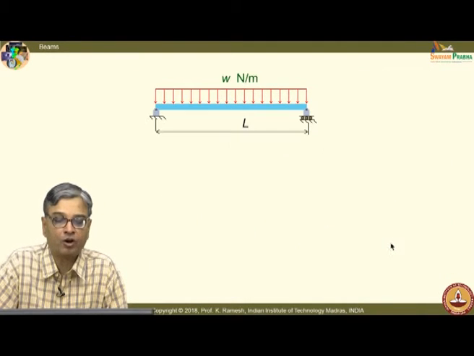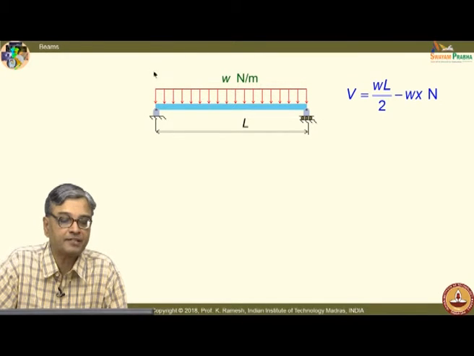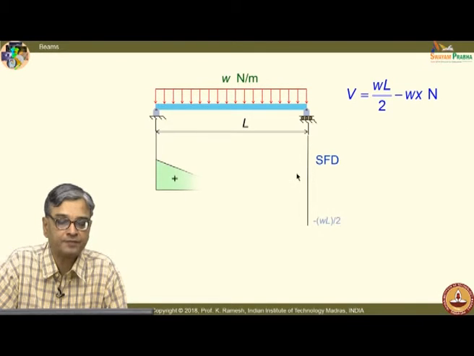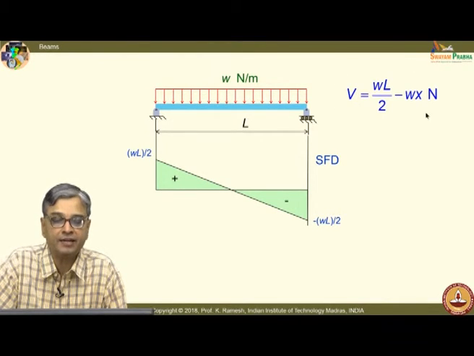Let me go and plot the shear force and bending moment diagram. As I told you earlier, you will have to plan your answer script in such a manner: below the loading diagram, draw the shear force, and below the shear force, draw the bending moment diagram. Shear is varying linearly, so I have a linear variation like this, and it crosses 0 at this point. The sign convention is also indicated for the shear force.